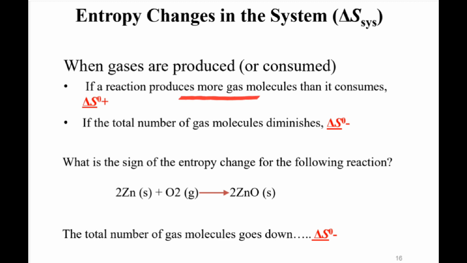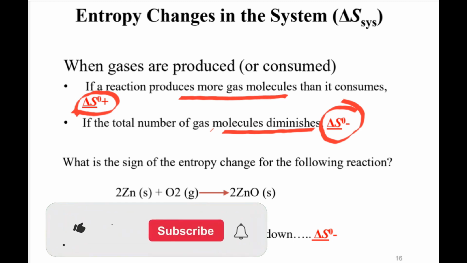If a reaction produces more gas molecules than it consumes, the entropy will have plus sign. የጋዝ ሞለኪውሎች ከሚጠቀመው ይልቅ ብዙ የጋዝ ሞለኪውሎች የሚያመነጭ ወይም ፕሮዲዩስ የሚያደርግ ከሆነ ኢንትሮፒው ፖዚቲቭ ሳይን ይኖረዋል ማለት ነው። If the total number of gas molecules diminishes, entropy will be negative. አጠቃላይ የጋዝ ሞለኪውሎች ቁጥር ከቀነሰ ኢንትሮፒው negative sign ይኖራል ማለት ነው።